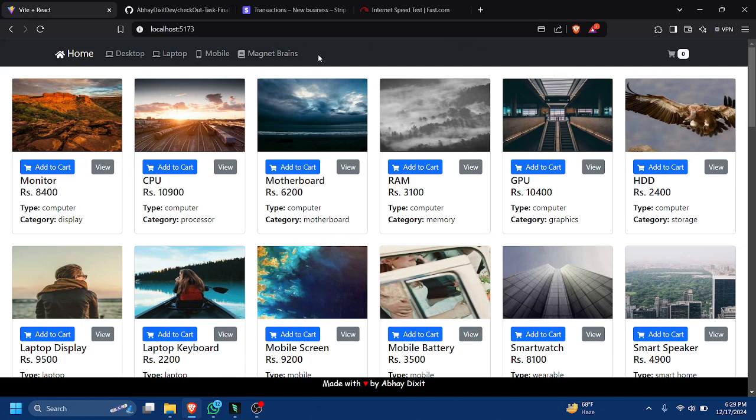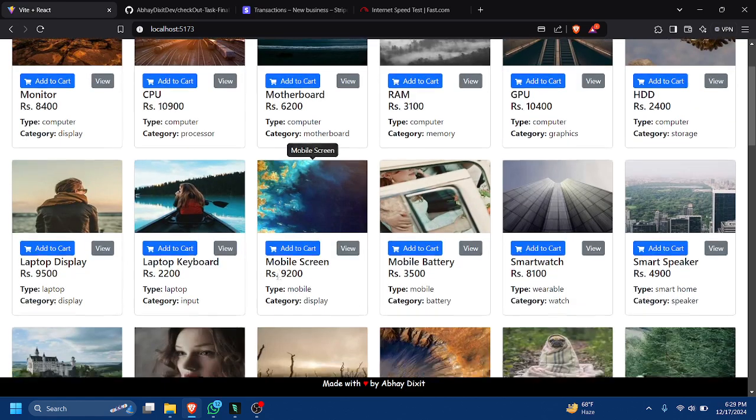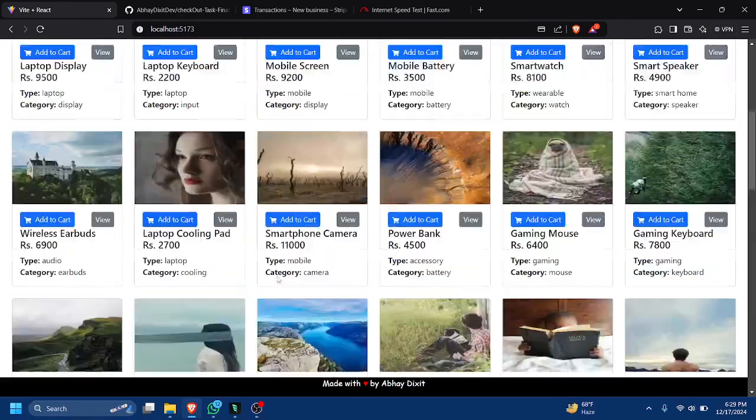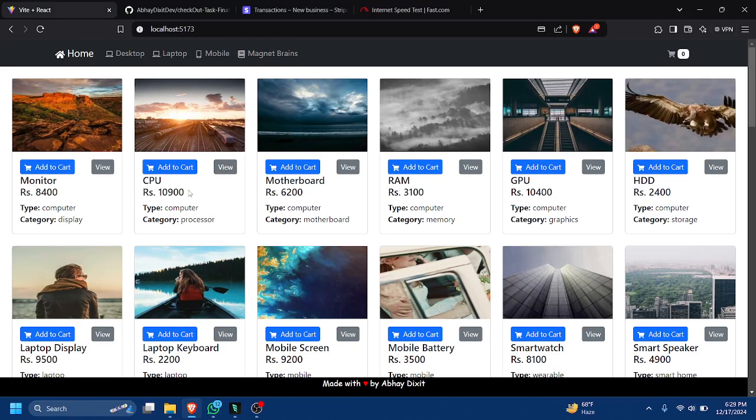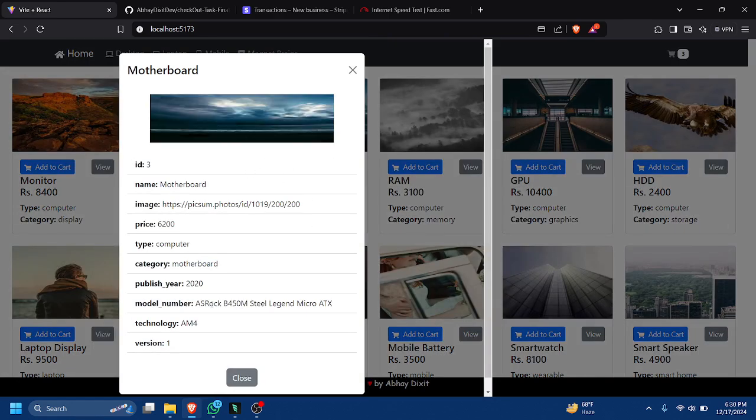It is a cart and checkout system in which I have made a dummy database of hardware components. Due to the lack of images, I have used random images. In this we can add a task by clicking, and if we add the same task again it will show you an error like item already in cart. And if you want to view the task you can simply click view,